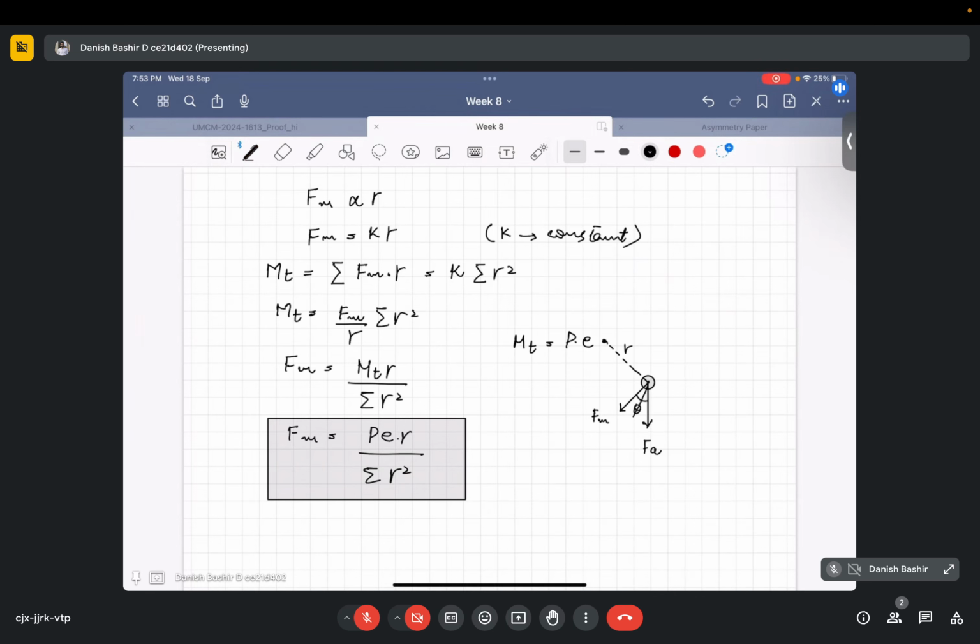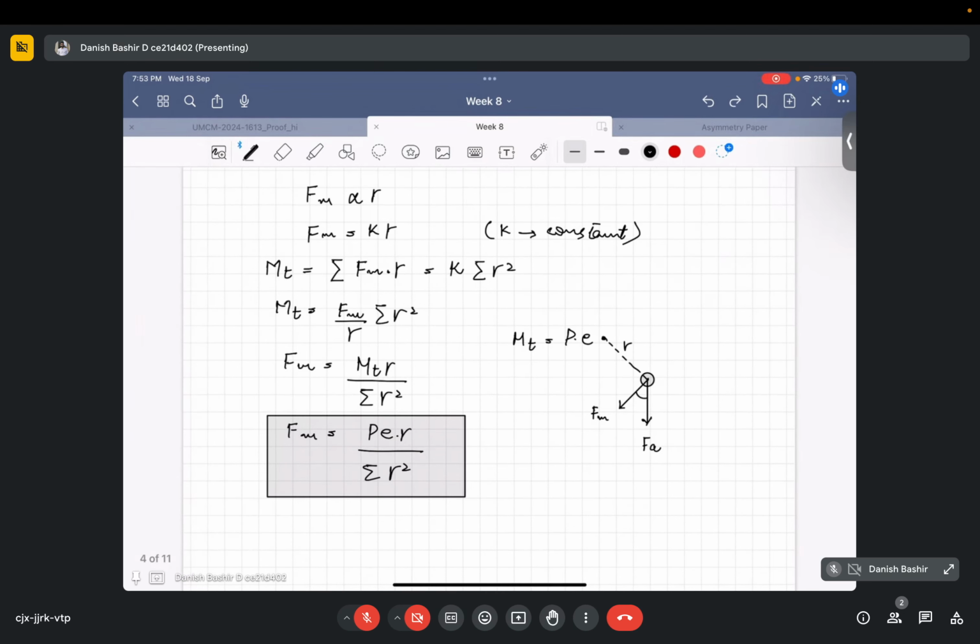Theta. So there will be one resultant force acting on this bolt. This is theta. There will be one resultant force acting on this. It will be Fr. Okay, this is theta. So this Fr resultant force